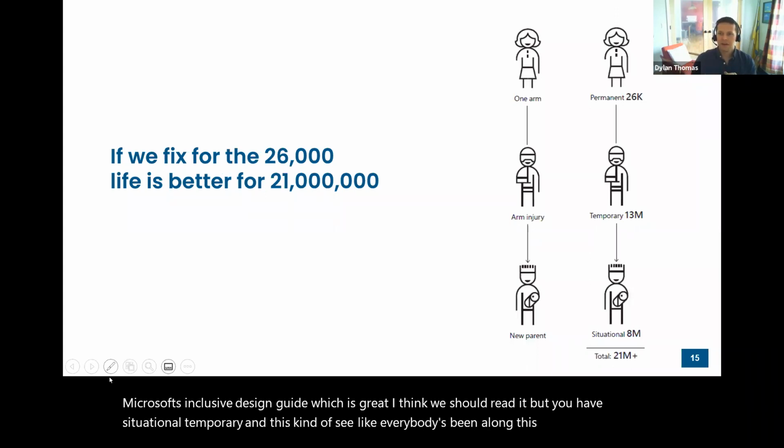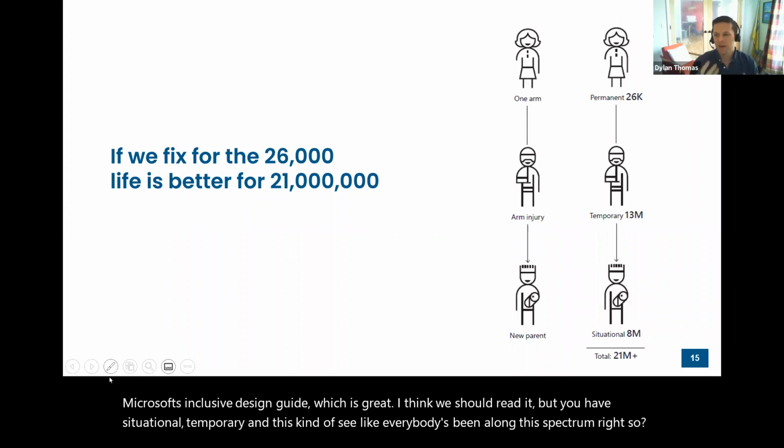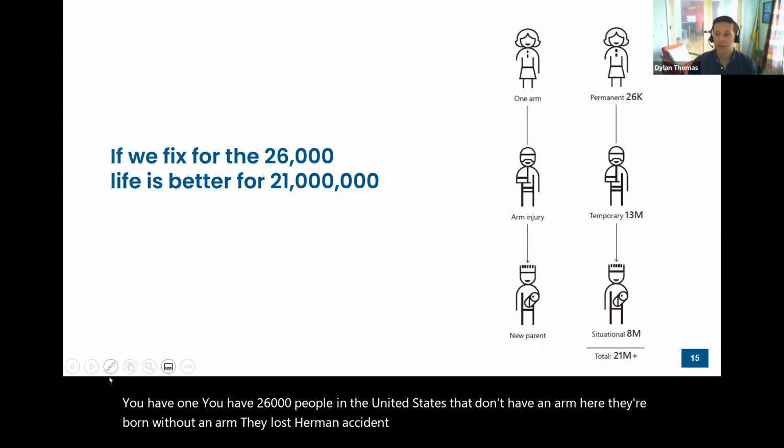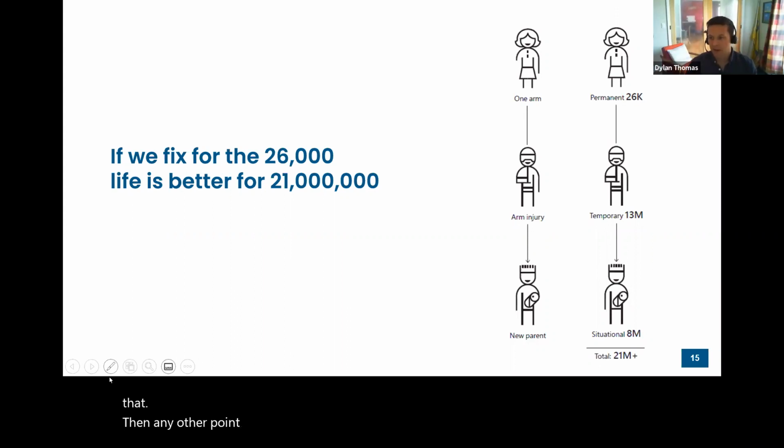So you have 26,000 people in the United States that don't have an arm. They're born without an arm, they lost an arm in an accident, it was amputated due to a medical issue, something like that. Then there's 13 million people that have a temporary loss of use of their arm,